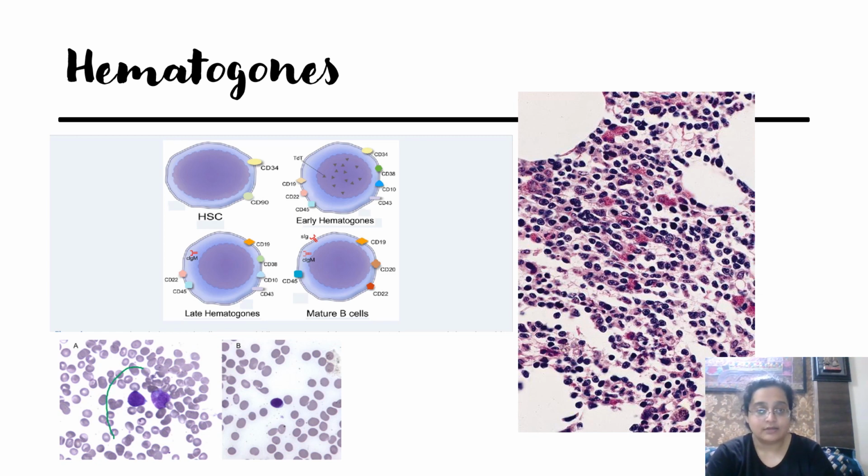So here you see high NC ratio. You will think this is a blast and nothing else. Look at this. You will think all this is blast. Mononuclear cells. How to differentiate between a hematogone and a blast? There are techniques present on flow and IHC to do it. However, morphologically, a hematogone has a very high NC ratio, a very dense blue hyperchromatic nucleus, and in 95 to 99% of cases, you will not see a nucleolus.